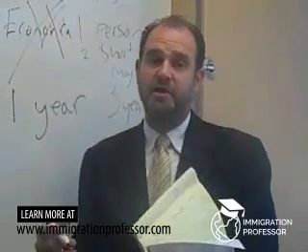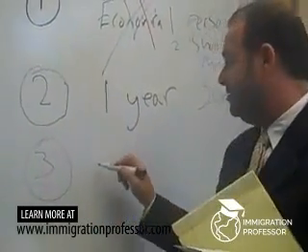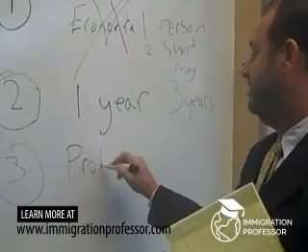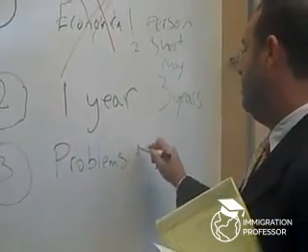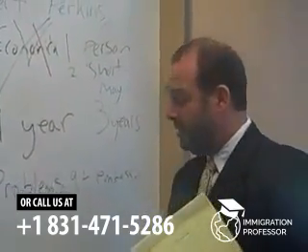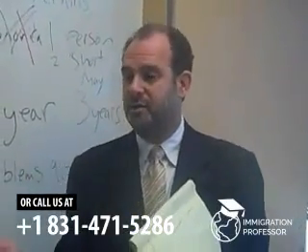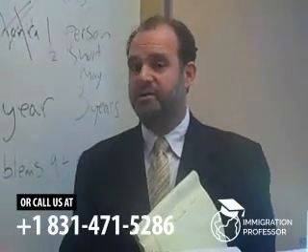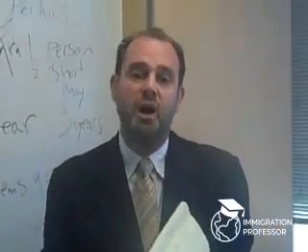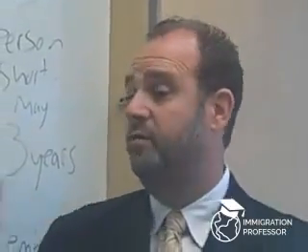The final disadvantage of this visa is that there could be problems at the embassy with the person getting the visa. Let me explain that a little bit further. For every visa except 3, and I'm not going to talk about the exceptions here, the person applying for the visa at the embassy has to show that they do not intend to immigrate. And there's actually a presumption that they do, that they're going to stay or work illegally, that they have to overcome. And that means that the embassy can deny the visa.